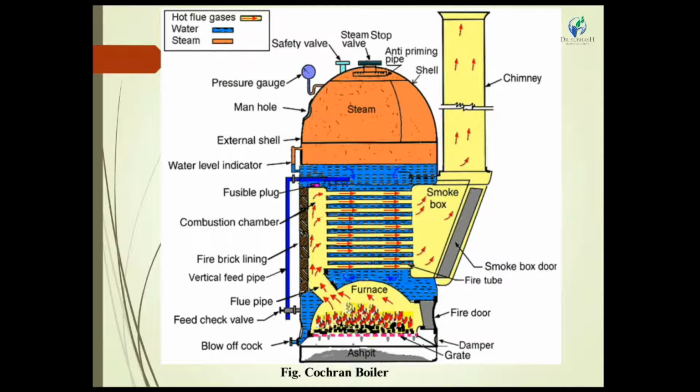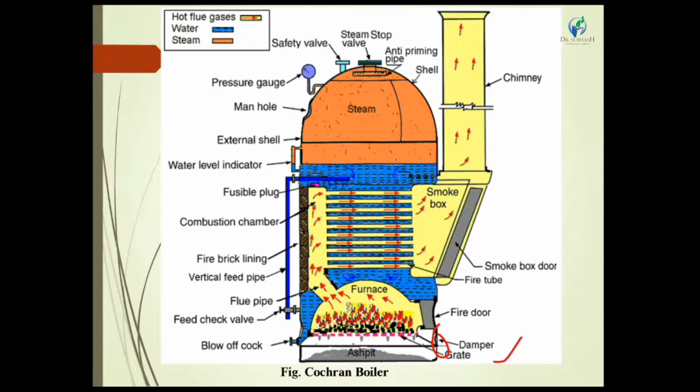We first have to study all the mentioned names, then move to the working of the boiler. The first point is the grate. Grate is the initial platform to provide coal for burning. Next is the damper. Damper means we control the air going inside the furnace: how much air is required, and what percentage we have to open or close the damper, controlling the air inside